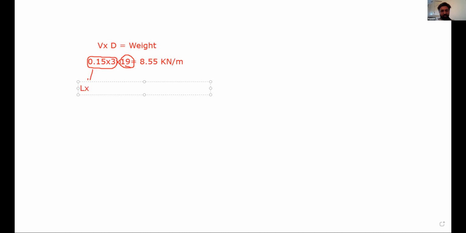Here we have given only the breadth and height. We have not given the length. That's why it is kilonewton per meter, because we don't know that length.